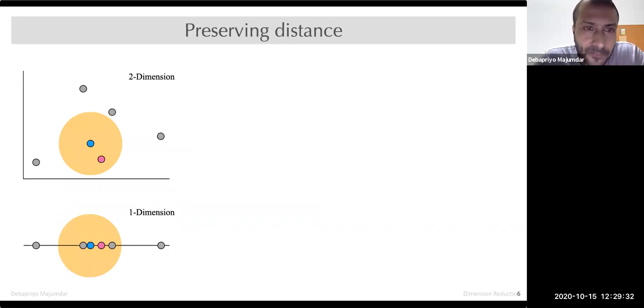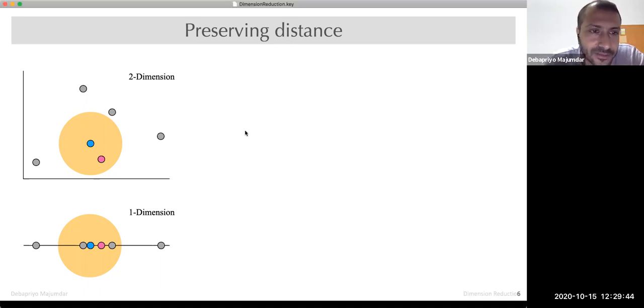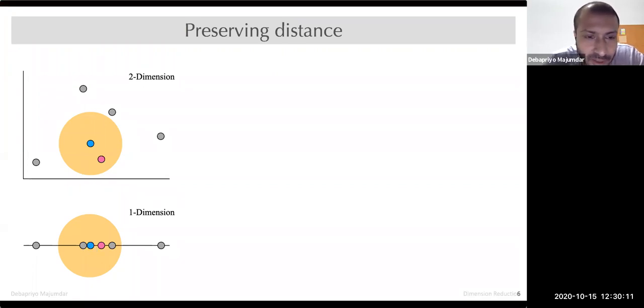Okay. So what do we want? We want to preserve distance. What happens is that going from 2 dimensions to 1 dimension, the distances may not always be preserved, right? The pink one is close to this one, so that distance remains close, but this was far apart, now it has come close here. On the other hand, this was not so far apart, but this is now farther than the blue point. So these 2 points were actually not close to each other, and these 2 points were relatively closer, but after projection to 1 dimension, if we simply do it in any way, we are not going to retain that property.